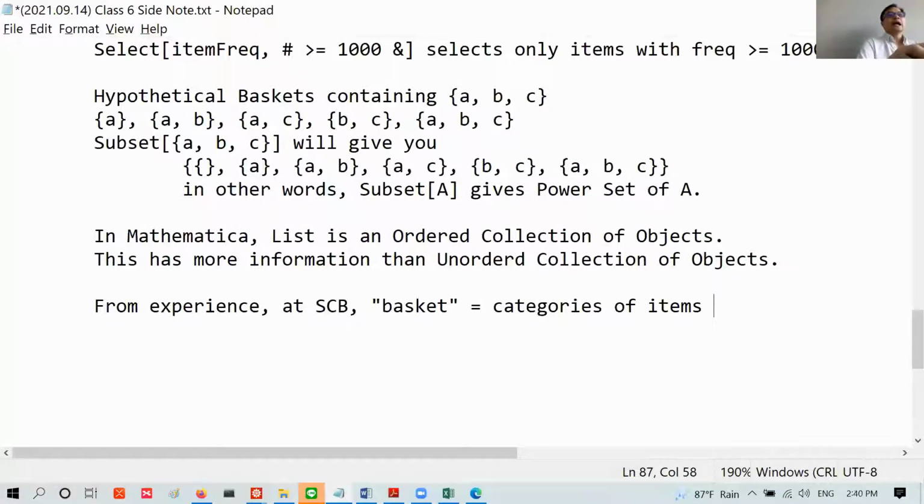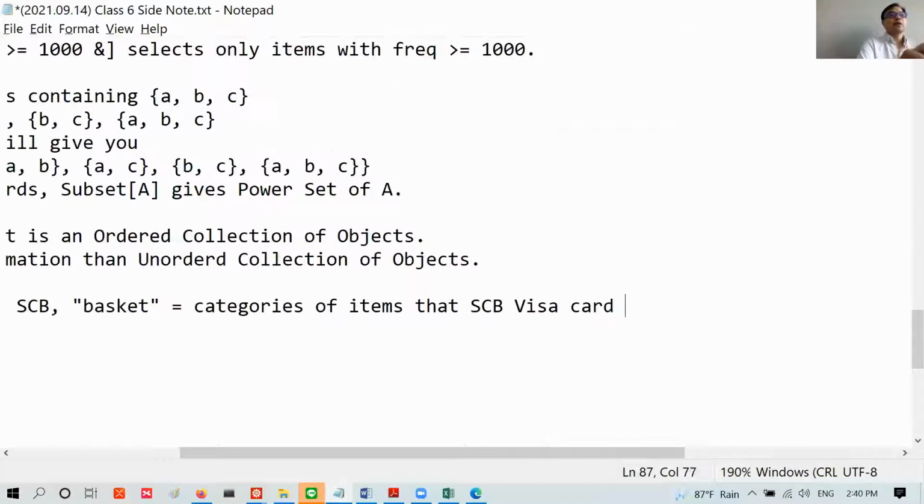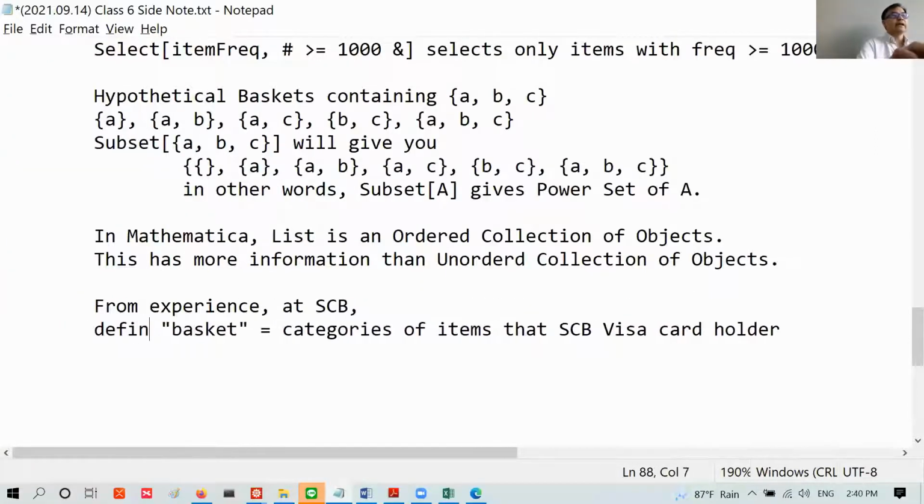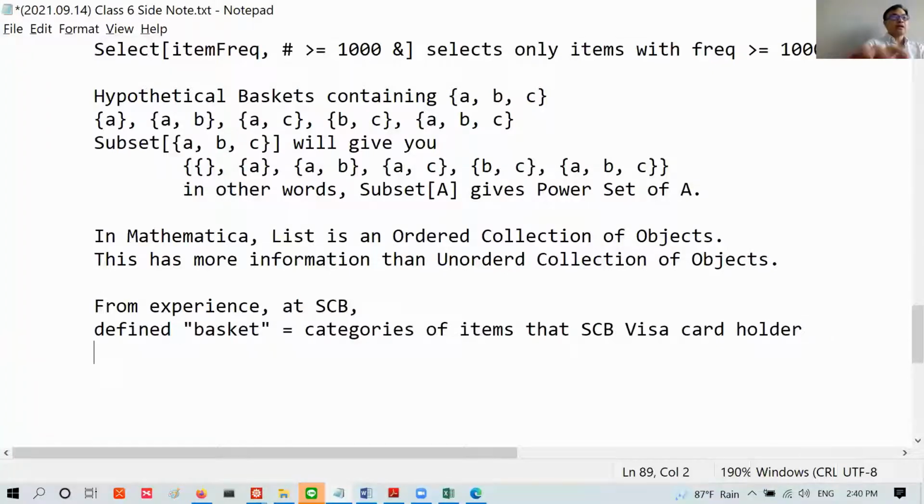An SCB Visa card holder is defined as having bought over a period, say 1 month. This here will be the basis of association between, for example,